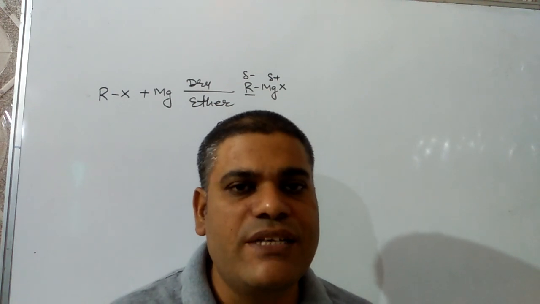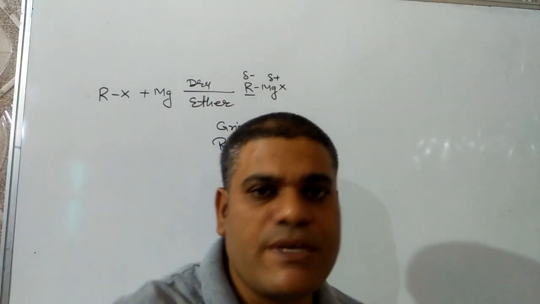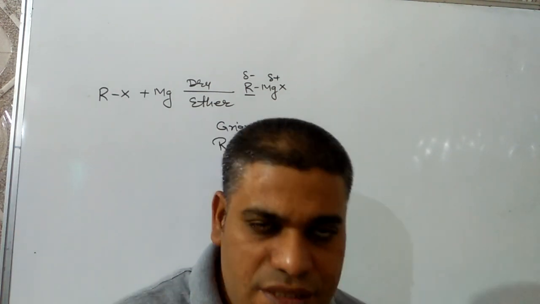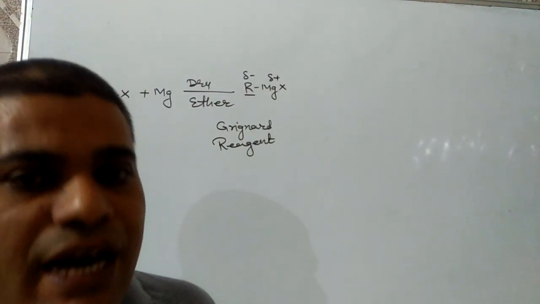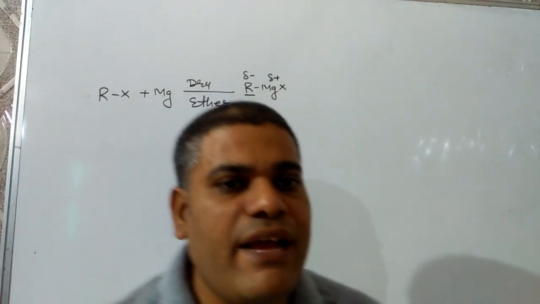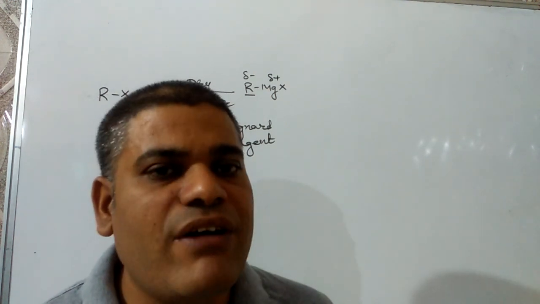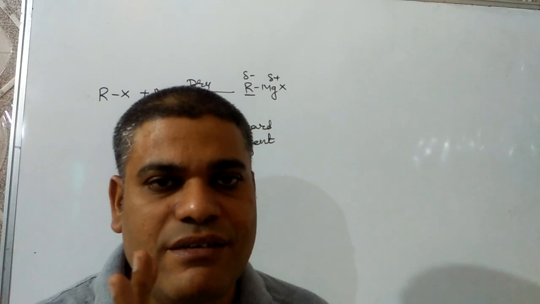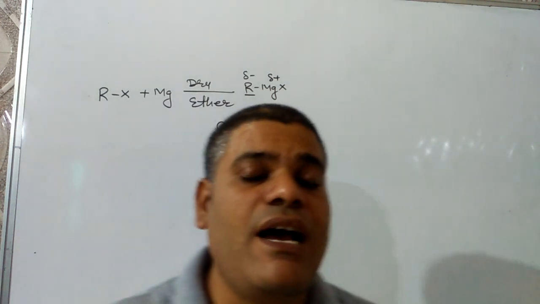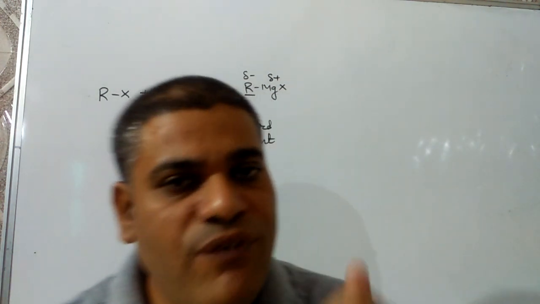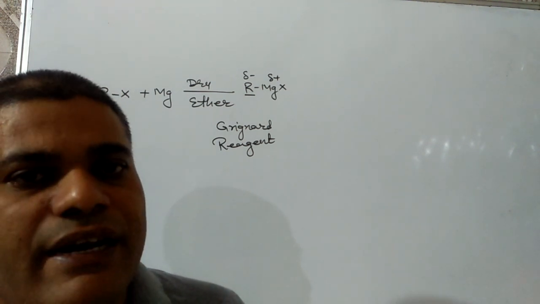First we are going to discuss the reaction with compounds or elements, the substances which have acidic hydrogen. All those compounds which have acidic hydrogen will form alkane, and the alkane should have carbon equal to the carbon in the Grignard reagent. I am repeating, it is a very, very important factor. During reaction with a substance having acidic hydrogen, the product formed will be alkane, and that alkane should have the same number of carbon atoms as present in the Grignard reagent.